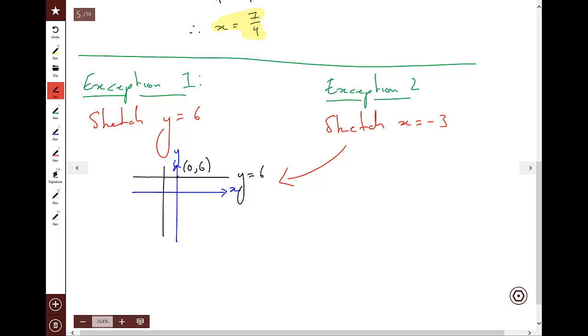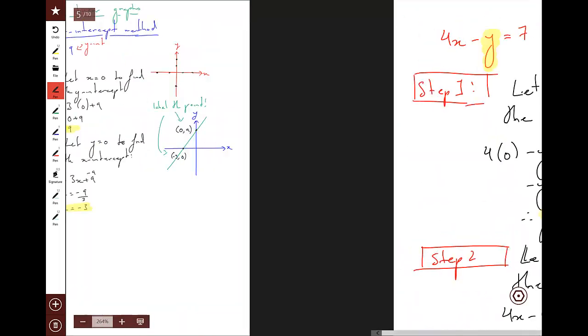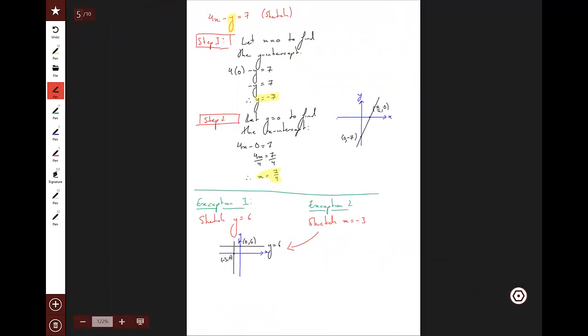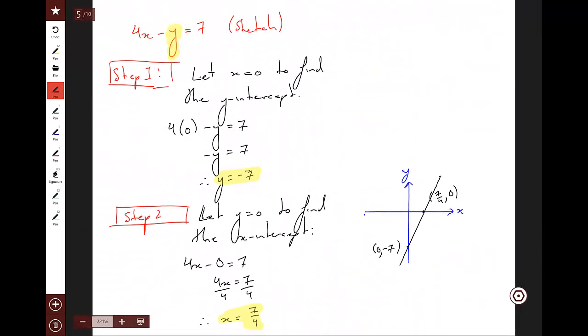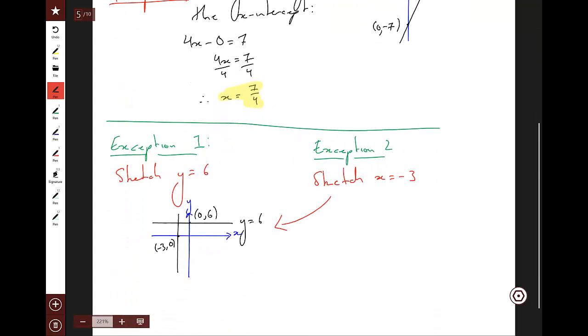Again, note that I have a slight kink in this line. You won't, because you're ruling it on paper, not on a computer. And you just label your intercept. So the intercept here is not 3, it's -3. And that's it. That's all you need to do. So those are the two exceptions. Everything else you can attack using the intercept-intercept method, and that works perfectly well. All right. So everything else, whether it looks like y equals something or something different, if you're asked to sketch, all you need to do is use the intercept-intercept method, with the exception of